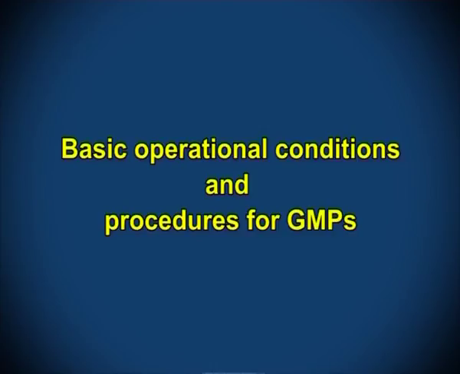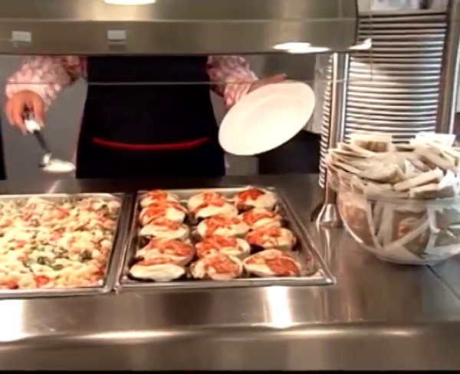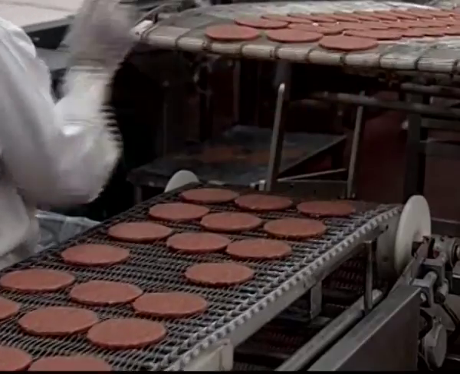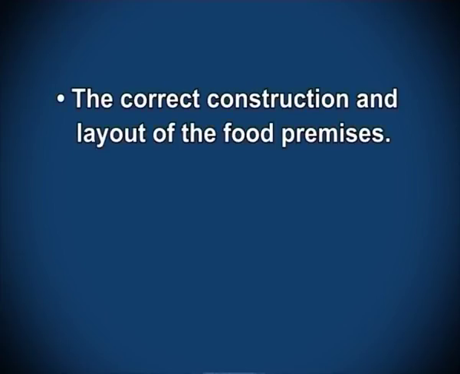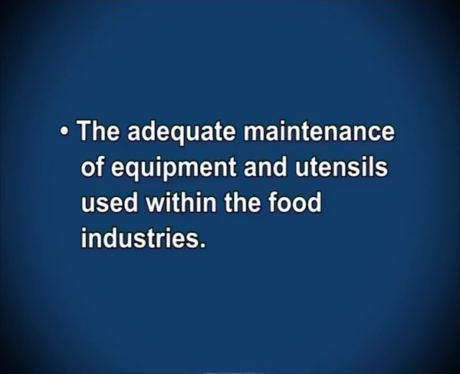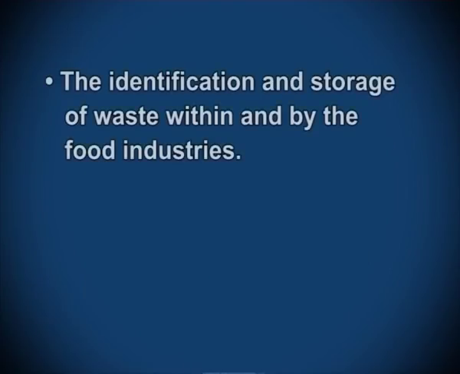Let us discuss basic operational conditions and procedures for GMPs. Good manufacturing practice includes many basic operational conditions and procedures that are required to be met by the food industries. These can include the following: the correct construction and layout of the food premises, the condition of the external environment of the food premises, the adequate maintenance of equipment and utensils used within the food industries, the use of suitable chemicals within and around the food premises including cleaning chemicals, pest control chemicals and machine lubricants,